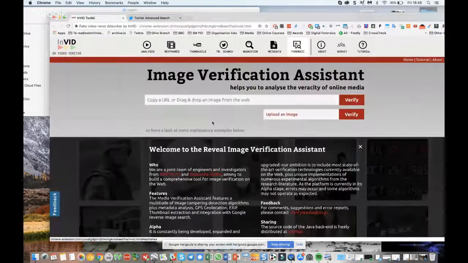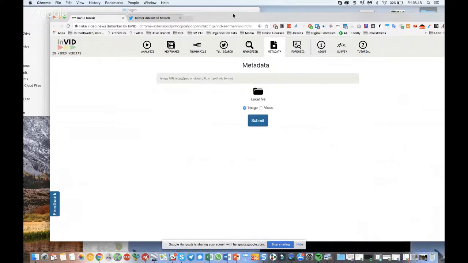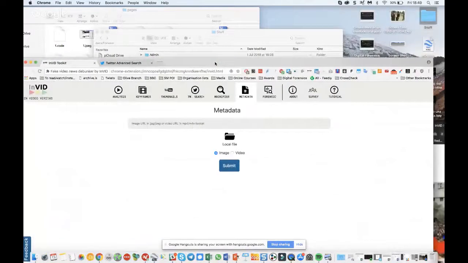Forensic might be interesting as well. Metadata as well, if you got the image and the video, but keep in mind that videos that have been published on social media, whether Facebook, Instagram, shared by WhatsApp, etc., the metadata has been removed from them. So you won't find metadata from videos that have been published on social media platforms.